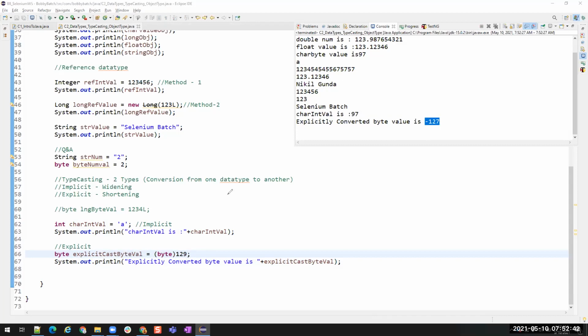So we know that there are 8 bits inside the memory, right? Now, let's just take straight lines. The range of byte is, what is the range?